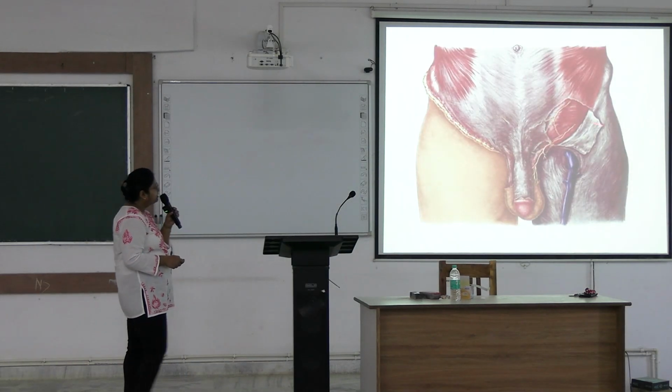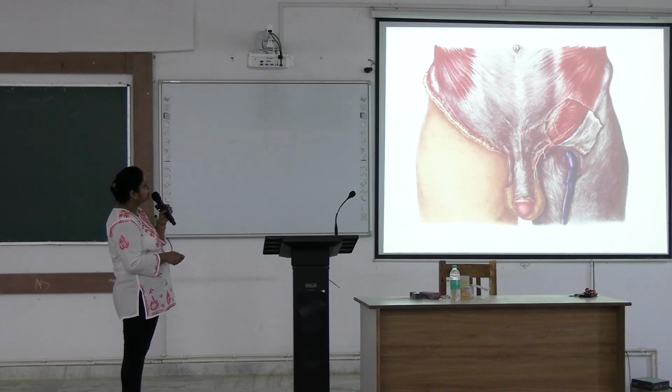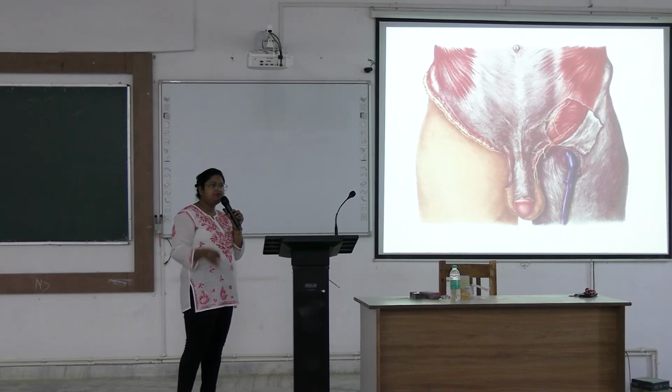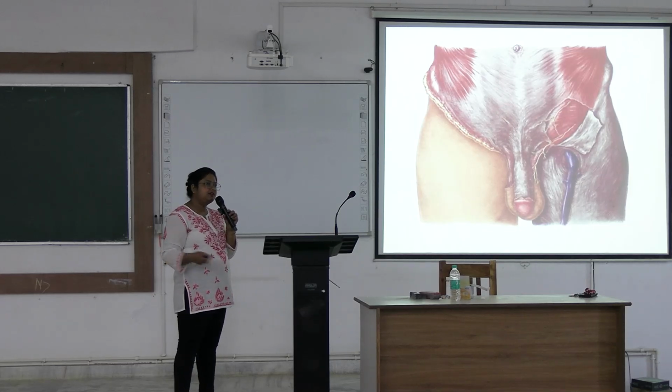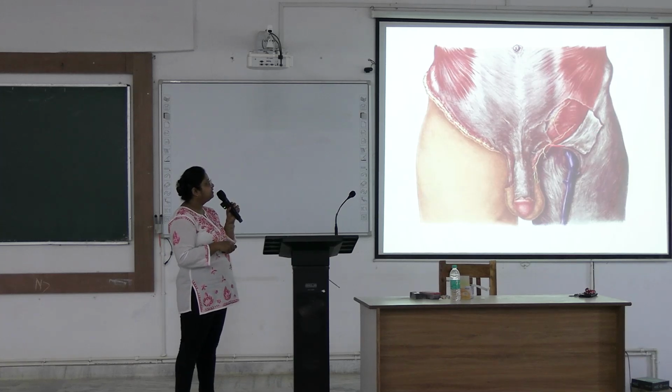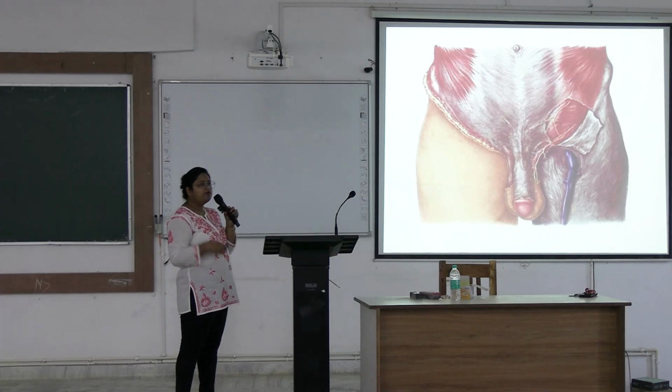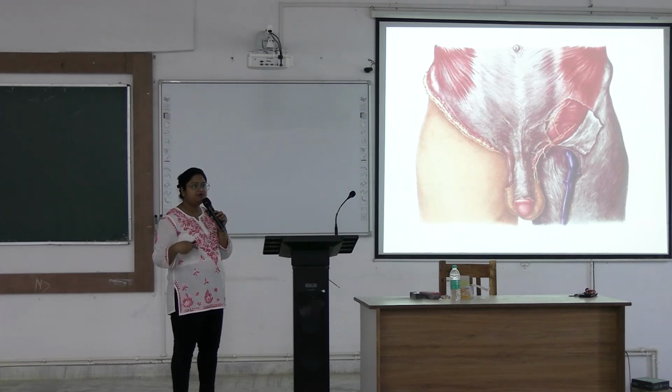See here, the external oblique aponeurosis is retracted. Ilioinguinal nerve has been shown. This is the ilioinguinal nerve and this is the iliohypogastric nerve. Iliohypogastric will pierce through the internal oblique and transversus abdominis, and enter into the external oblique, and the ilioinguinal nerve will enter into the inguinal canal and come out through the superficial inguinal ring. This is the superficial inguinal ring formed by the superior crus and inferior crus, which is a deficient area in the external oblique aponeurosis, and indirect inguinal hernia occurs through these inguinal rings, deep and superficial inguinal rings.